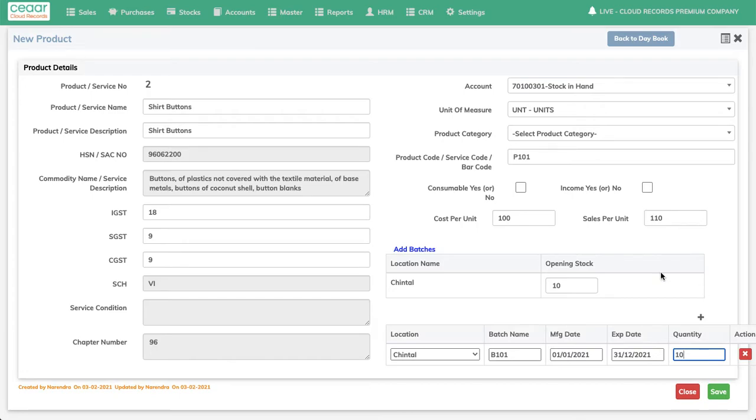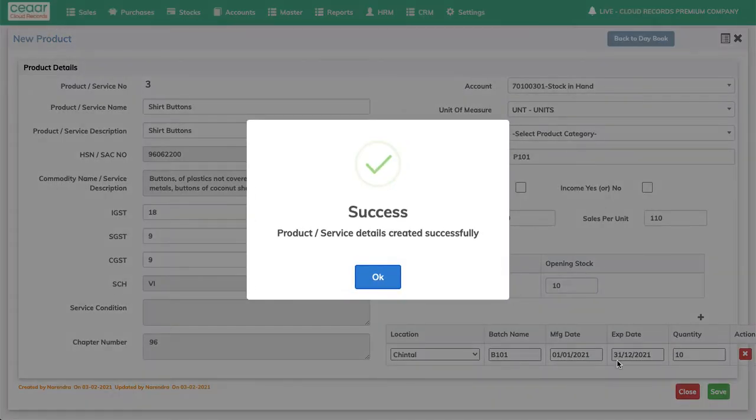If it consists of 3 or 4 batches, you keep on pressing the plus icon and start entering the batch numbers. Now, only when the total quantity under these locations and the quantity here matches, we can save this. Product service details created successfully.